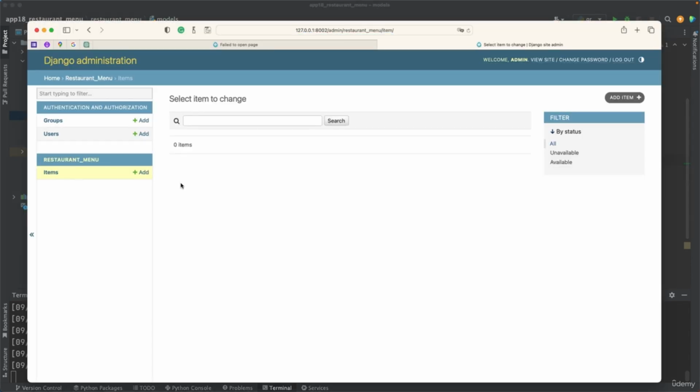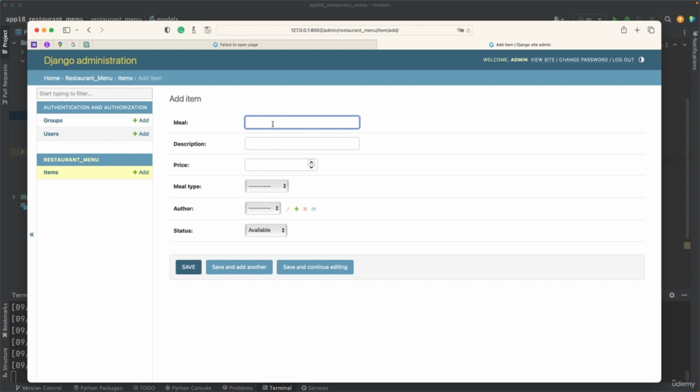If you press on items and then you want to add a new item using that button or that button, what you're doing here when you press that add item button is you are adding a new record to the items table, right? That record will have a meal such as pizza, a description such as dough and cheese. So this is like the ingredients,